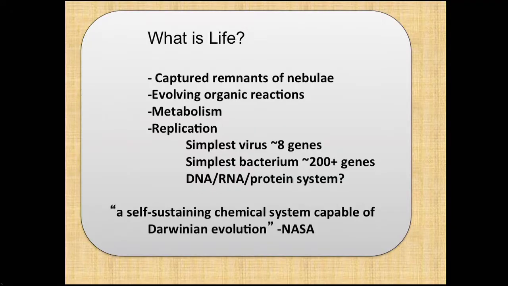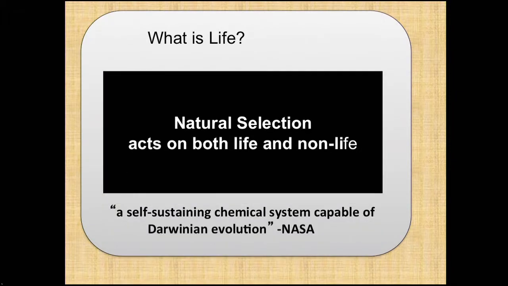NASA defines life as a self-sustaining chemical system capable of Darwinian evolution. The thing is that natural selection acts even on systems that we would call prebiotic. It's already happening in chemical systems, so that's maybe not quite as good a definition as one might like. And to think about that for a minute,